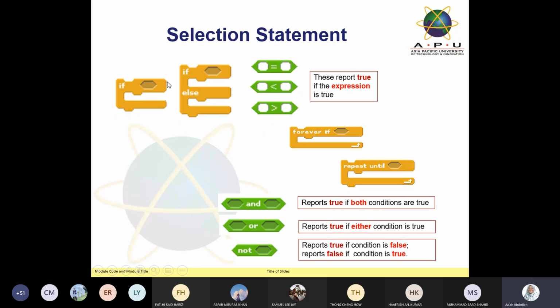So for this selection statement, we can see that in Snap, in BYOB or in Scratch, we have the if else, and we also have forever if and repeat until. Even though forever and repeat are repetition statements, remember this one, guys. We can always combine the repetition statement with the condition statement. Even in other programming languages, we combine them. In a loop, we have the condition. When you use this rectangle shape,